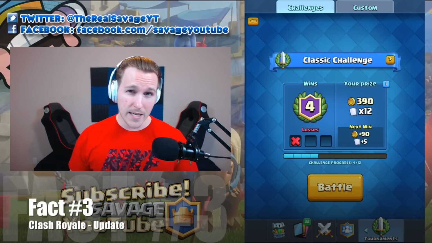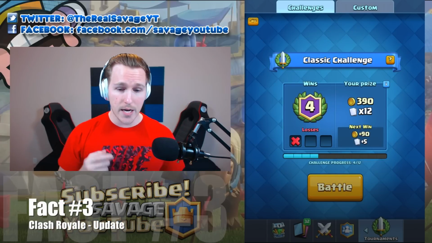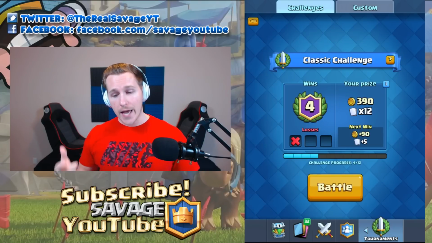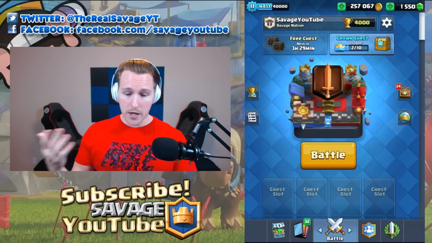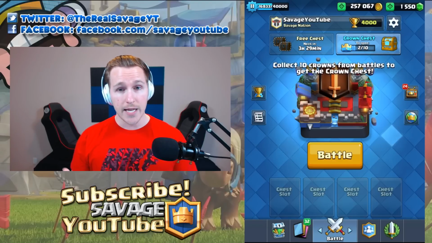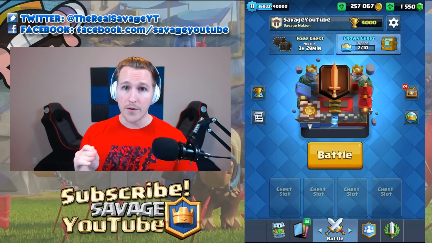One more thing that I think is a pretty sweet thing. This is going to be number 3. So this is the number 3 little known fact. Crowns from challenges will now count towards your clan chest and a crown chest. So now when you do a classic challenge, a grand challenge, it's gonna total and tally towards your crown chest as well as the clan chest,